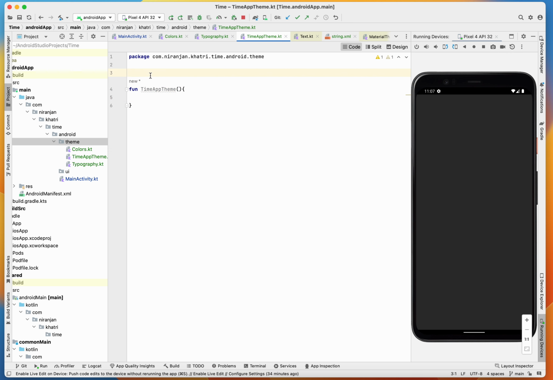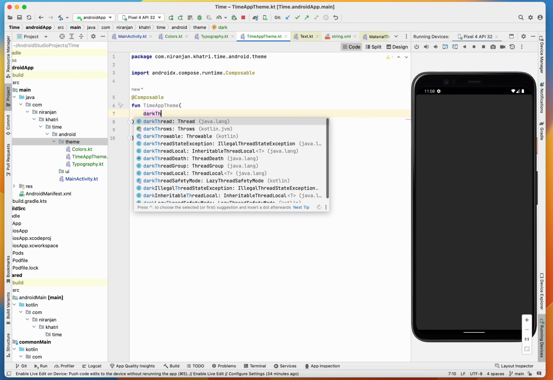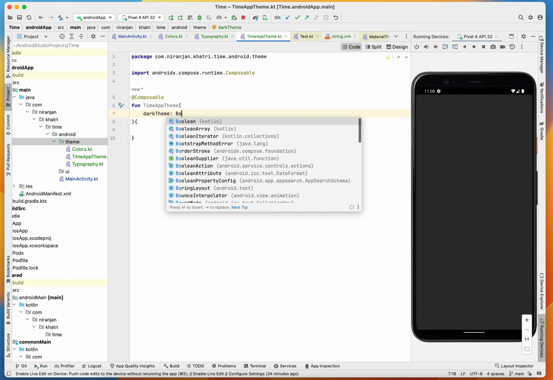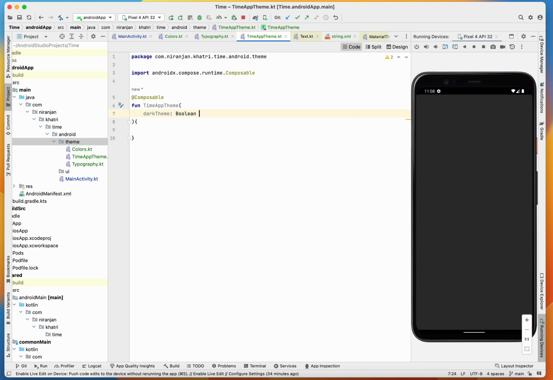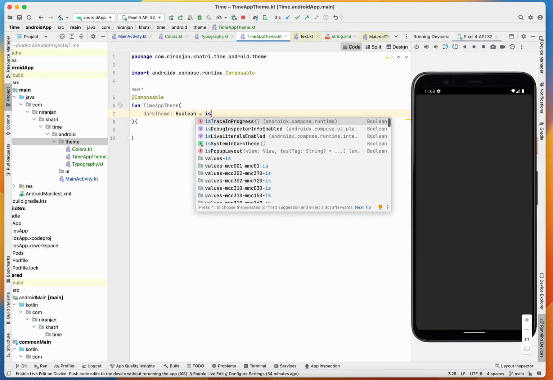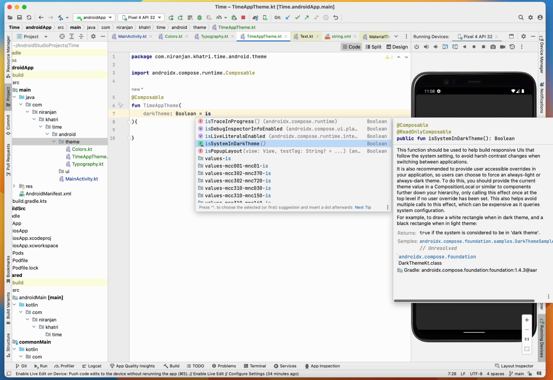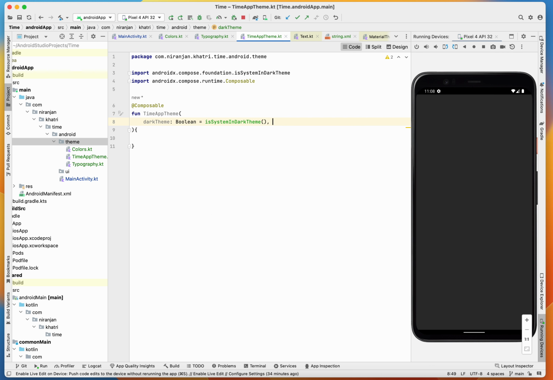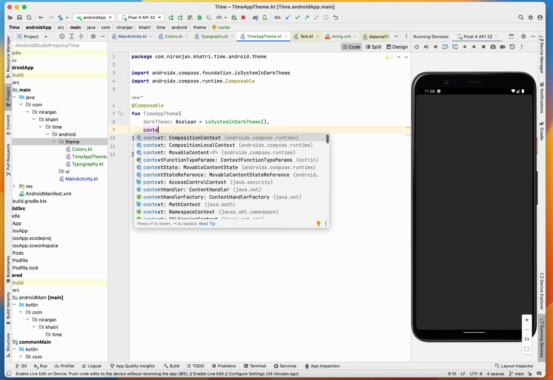It's obviously a composable function, and this theme will take a dark theme boolean. It will take it from the system, isSystemInDarkTheme, and obviously you need to pass the content